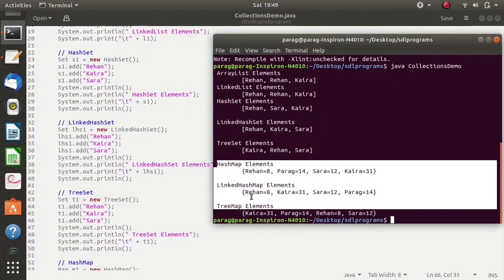So this is saved first, then it is added, then it is added, and then it is added. So it saves the value in the insertion order, while tree map saves the value in the increasing order or ascending order of the keys. So K comes first, then P, then R, then S.